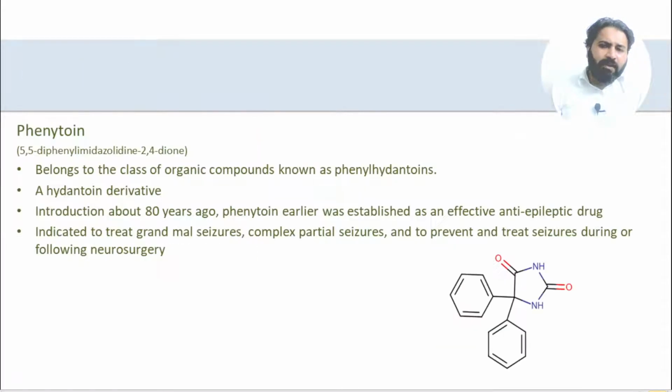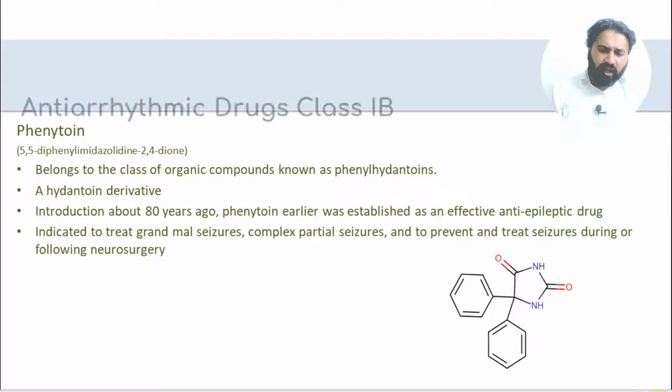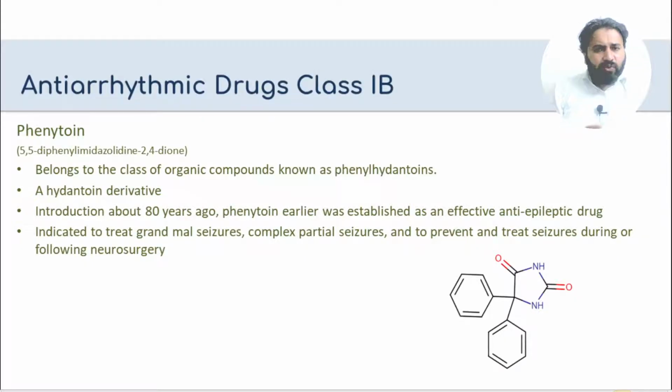A very important property which we want to share with you is that the action of these class 1 antiarrhythmics, because they are the local anesthetic type antiarrhythmics, is pH dependent and varies with each drug, like quinidine, procainamide, lidocaine, etc. These antiarrhythmic drugs are very weak bases, mostly having pKa values ranging from 7.5 to around 9.5.